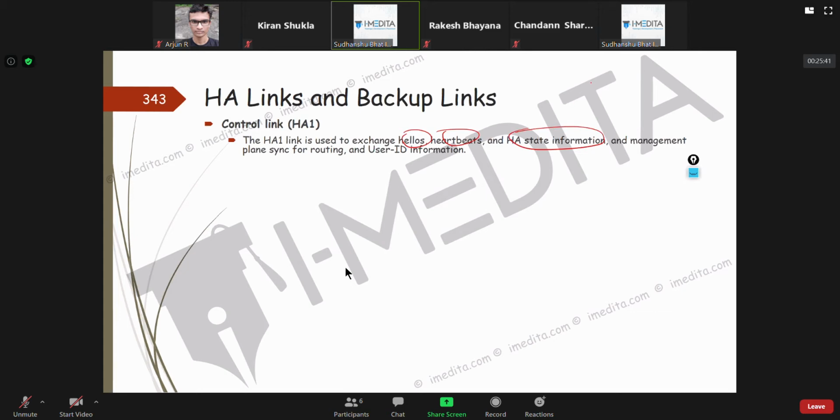They need to exchange hello messages just to check whether the other party is up and running or not. So Palo Alto 1 will send that to Palo Alto 2. Hellos are Palo Alto proprietary messages, and heartbeats are basically ICMP ping requests.